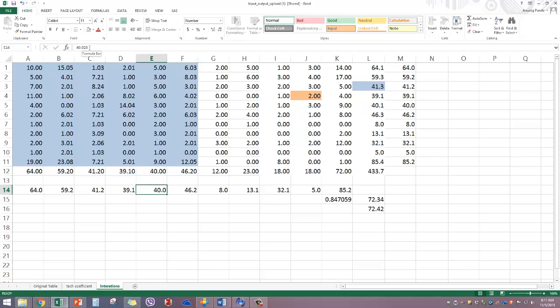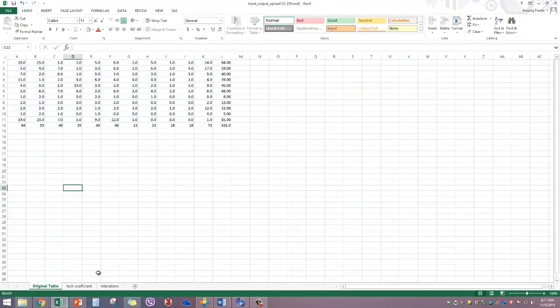The number is just too small. Okay, so I did not change here. And now one more adjustment that I do need to make. I'm not going to change any of these, the payment sector. I'm not going to change any of these, but I do have to make a change here at the household level. That household level change will be dictated by the fact that if I look at my original table, the